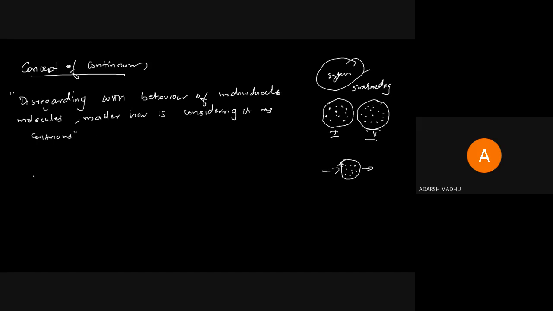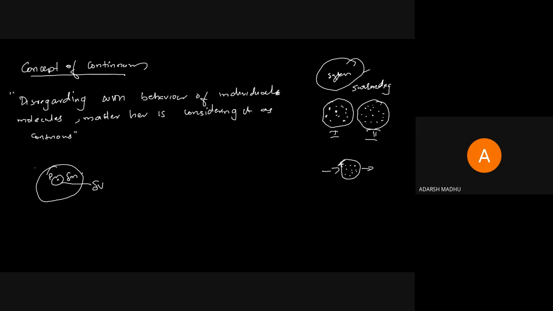So take an example: there is a system, and a point P inside the system with a small mass delta M. That volume is delta V. Take it as a very small infinitesimal volume, so I am taking it as delta V. Very small it can be delta, somewhat higher it can be d, and a higher value we can take as V itself. So a very small mass delta M at a point P has volume delta V.